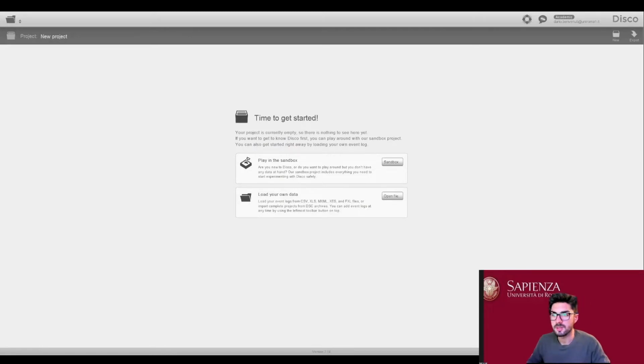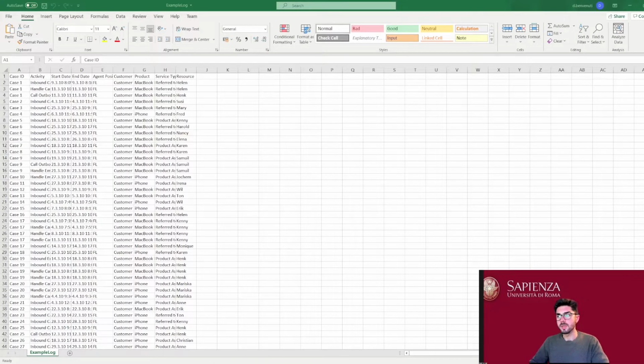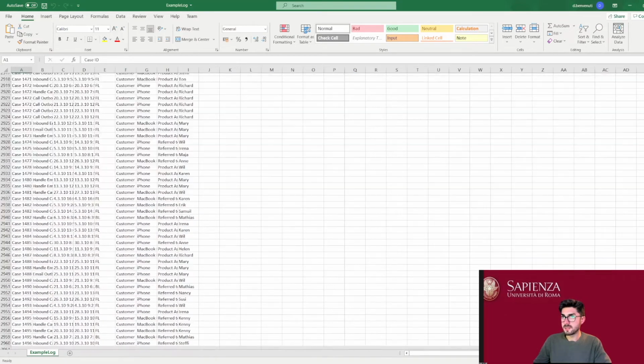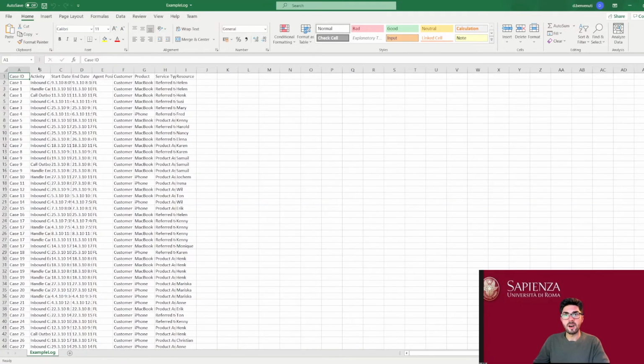So here we are with Disco, and we want to look at its functionalities to perform process discovery. In particular, here I have a dataset which can be downloaded from the Coursera course about process mining. As you can see here, the log is quite long and is an Excel file, which simply has a lot of entries, each one representing a particular activity.